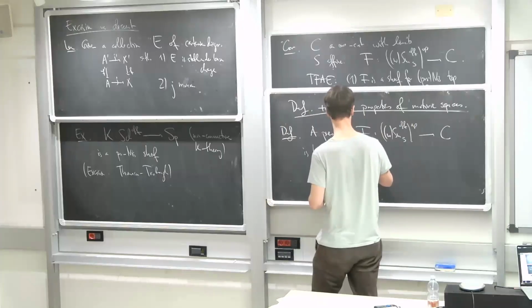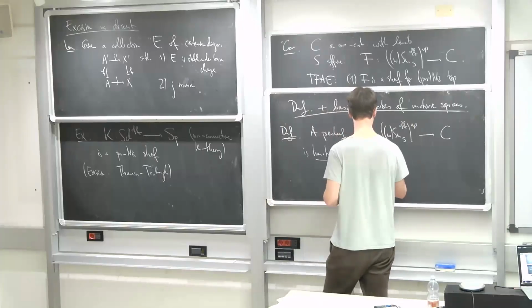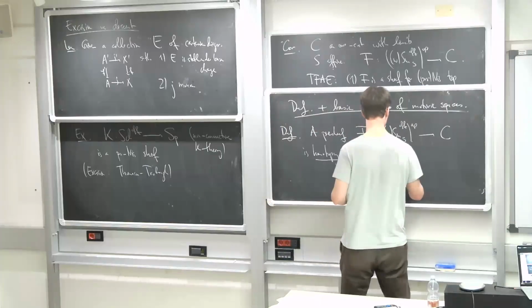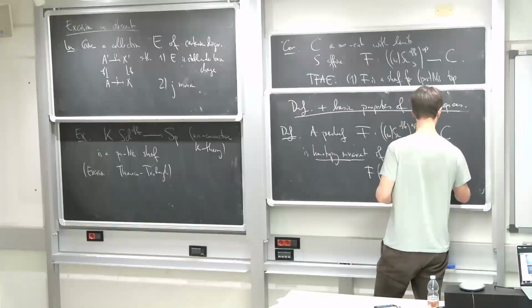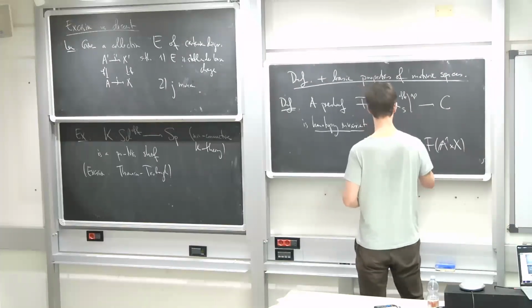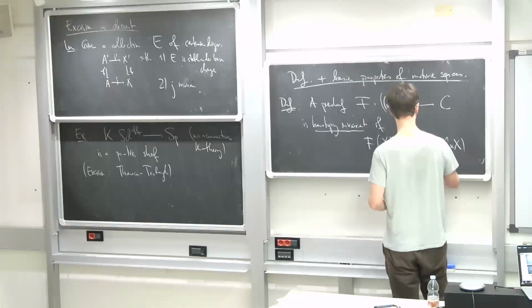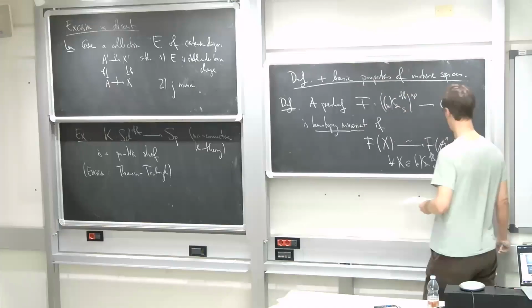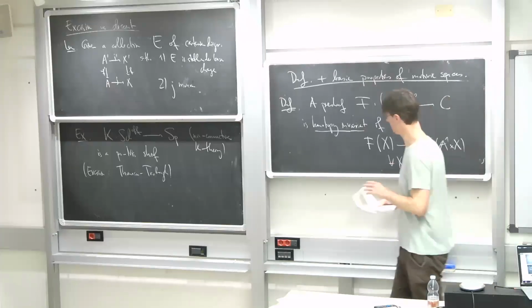Invariant. If the expected condition is true, namely if f of x is isomorphic to f of A1 times x for any x, I mean for any object x that you consider here. Okay, so that's homotopy invariance, and the idea is,